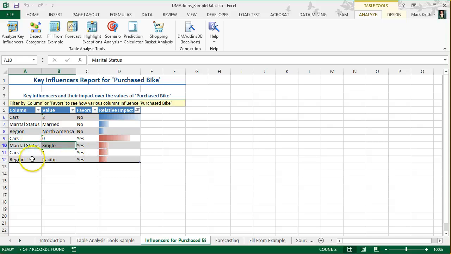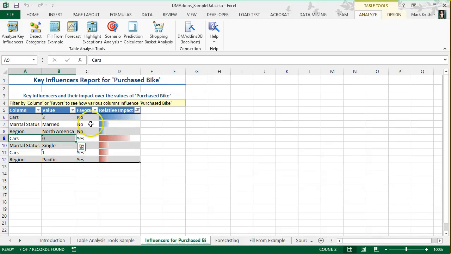These are also people who are single, and in this case people who live in the Pacific region. So this tells us great information about who we're marketing, and if we can gather data about potential customers that don't shop at our store, that we know don't have cars, and there are ways to get data like that, then that gives us a much better target